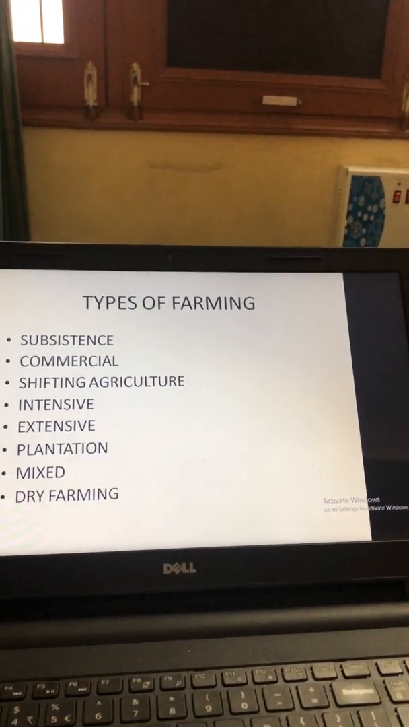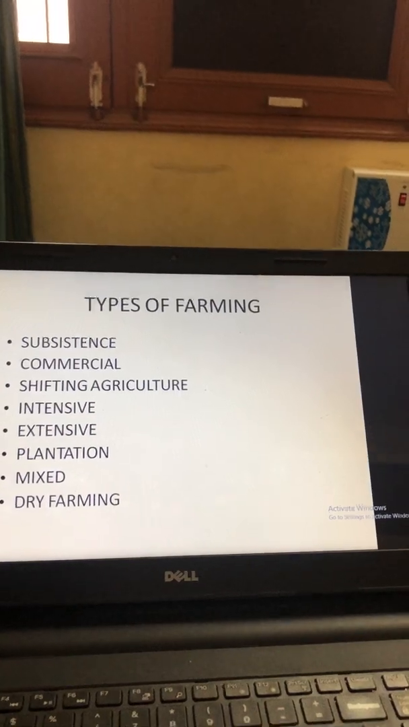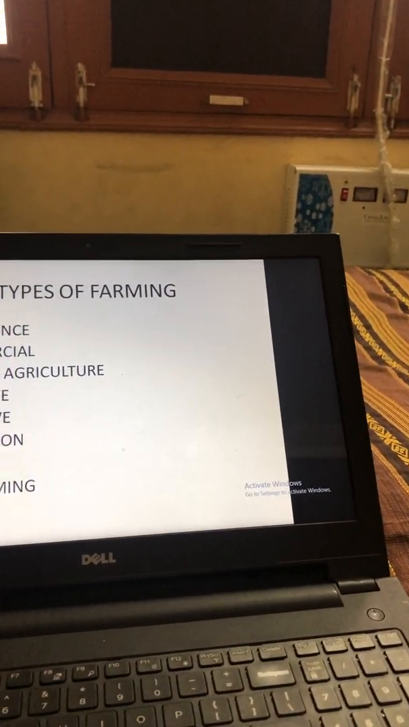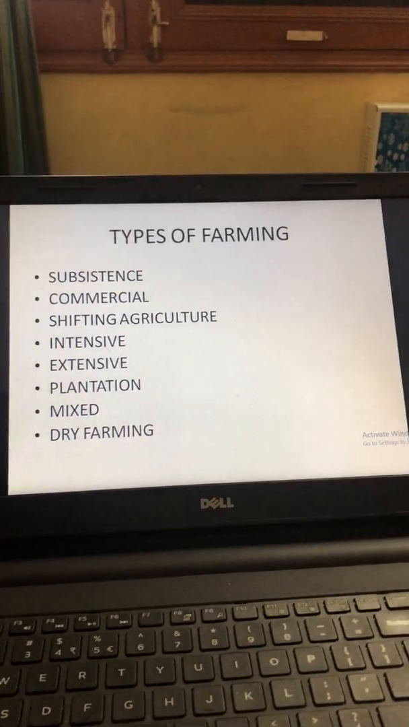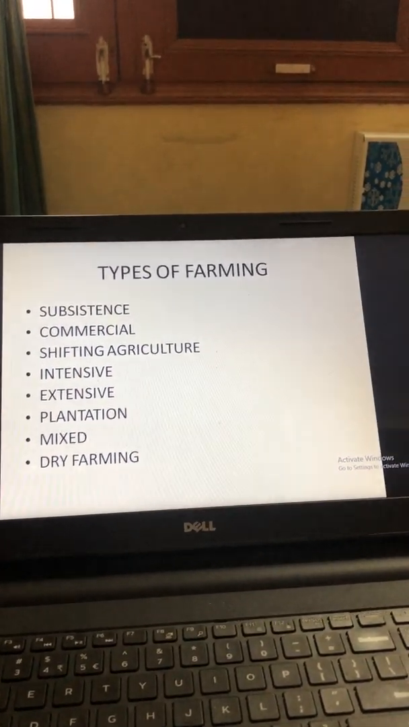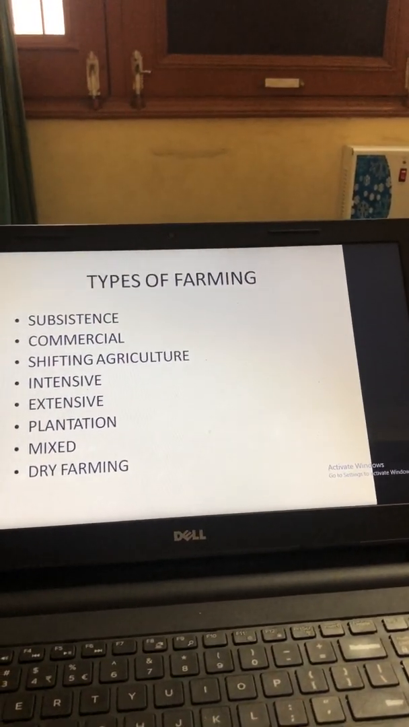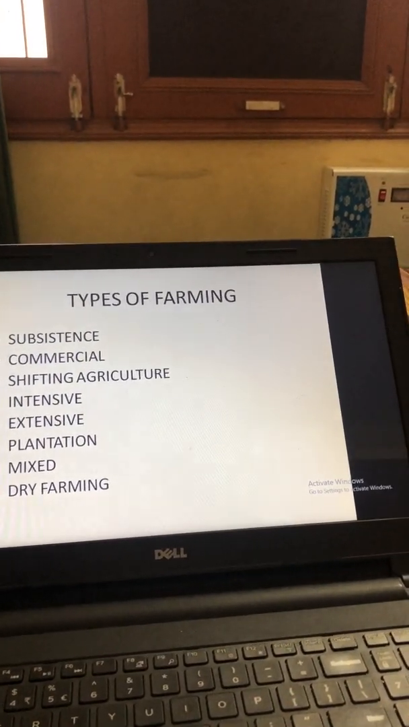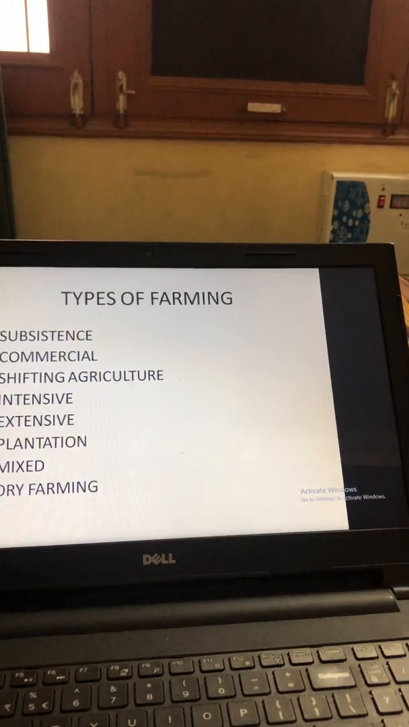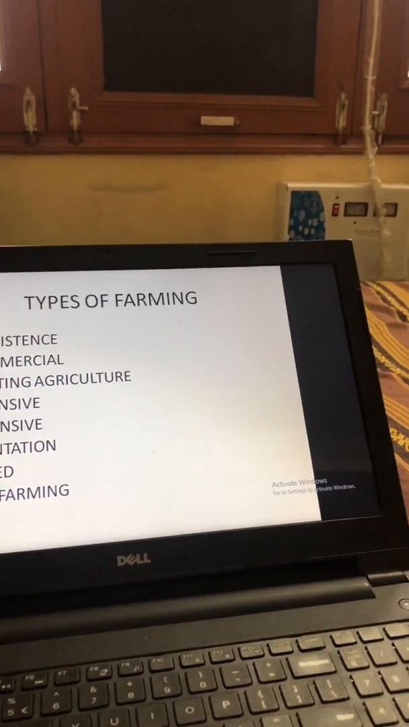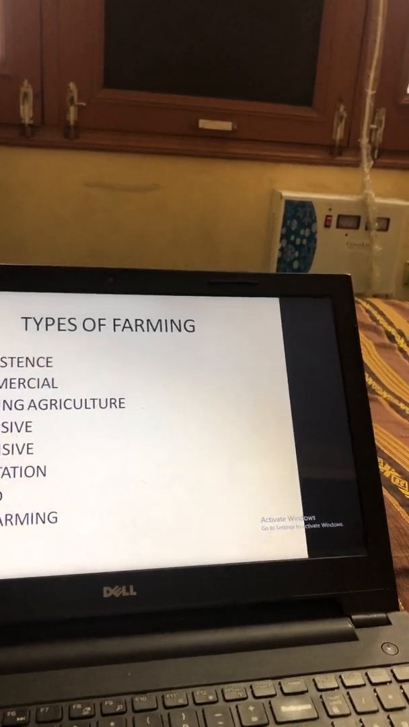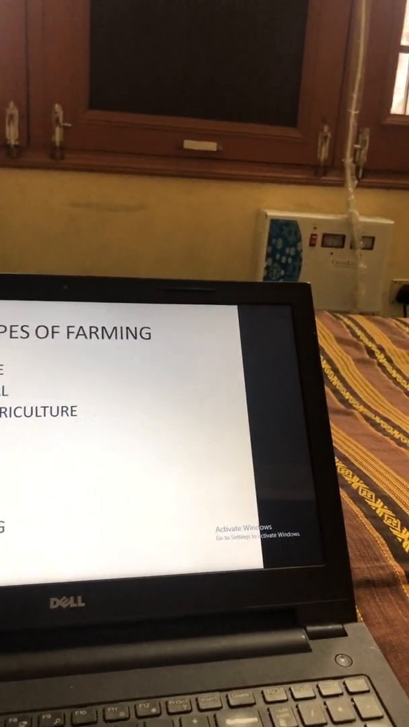Moving on to the next type of farming, that is plantation farming. And in plantation farming, plantations are large tracts of land where mainly monoculture is done. Monoculture means giving importance to one crop. One main crop is grown, like tea, coffee, and this kind of plantation. This kind of cultivation was brought to India by the Europeans, mainly the Britishers,